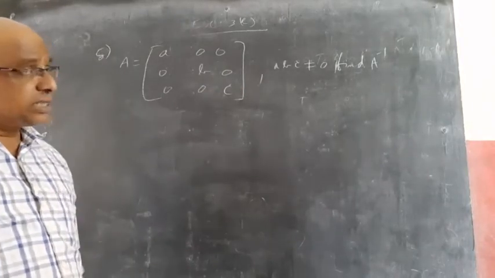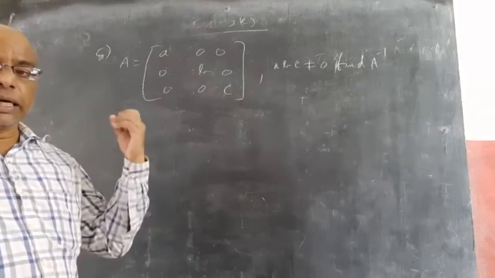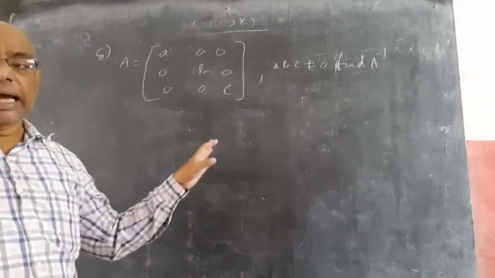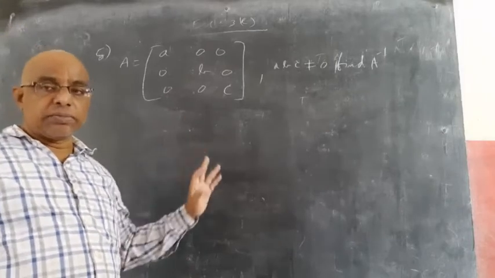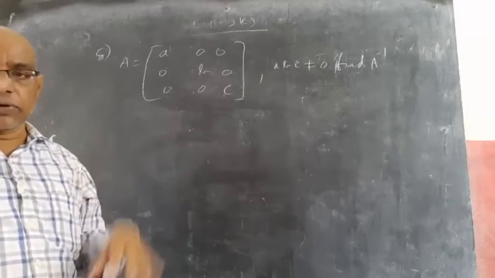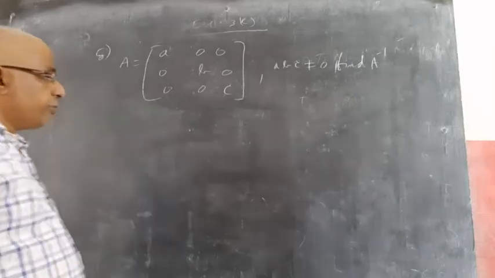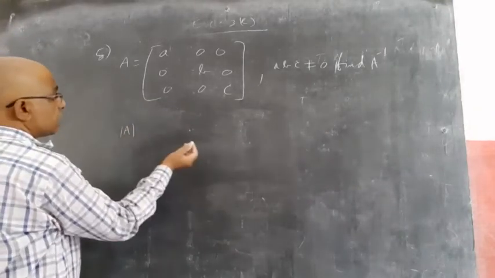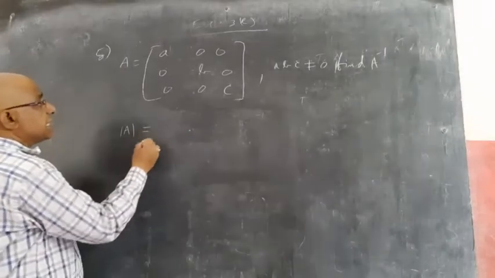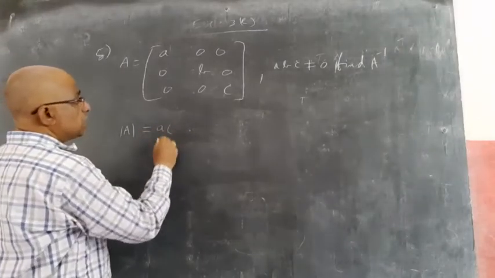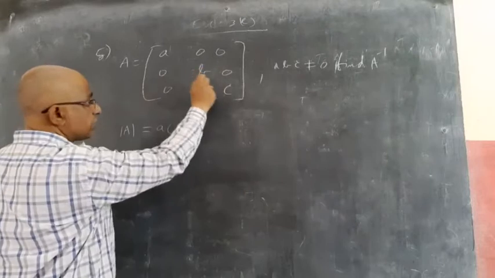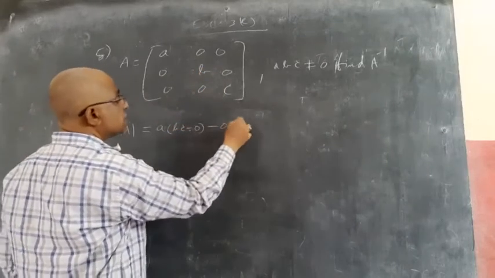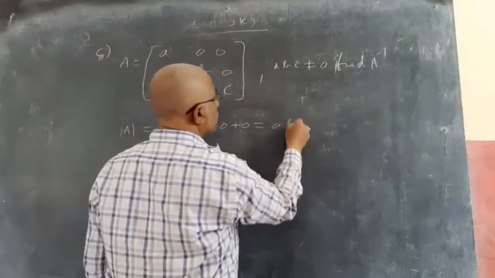By finding this inverse, you can find inverse of any diagonal matrix using this result. So this acts like your formula. Simply, the A inverse of a diagonal matrix formula we are going to find. Before that, we will need to find det A first. If det A equal to 0, then we can't find inverse. So what is det A? A into its cofactor, closing this row, this column, BC minus 0. Minus 0 and anything 0, plus 0 and anything 0, gives you ABC.